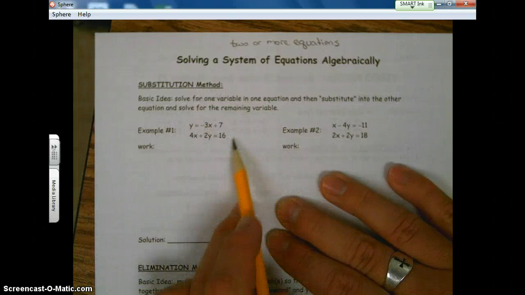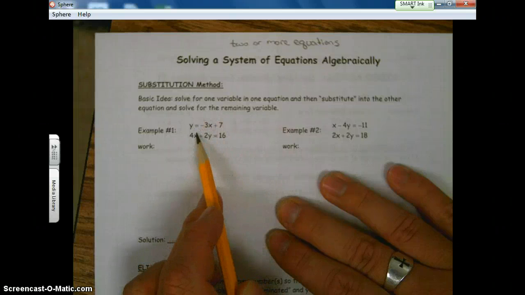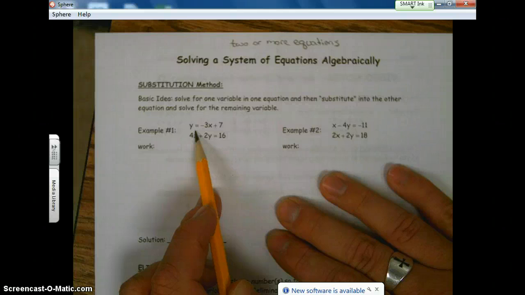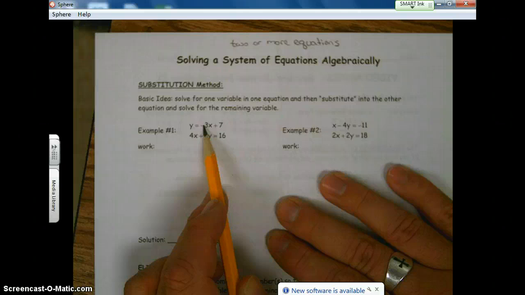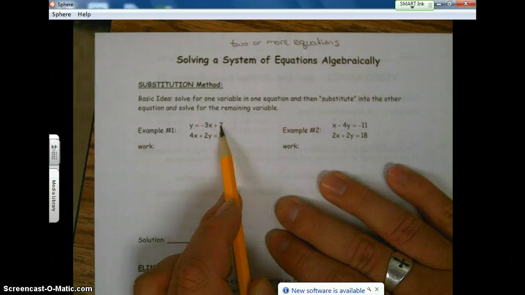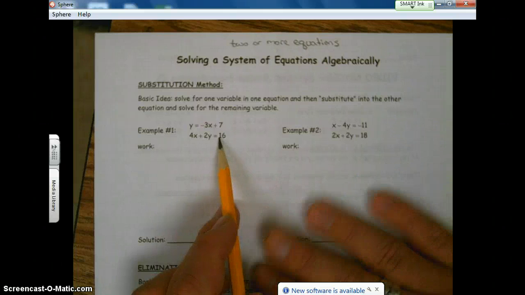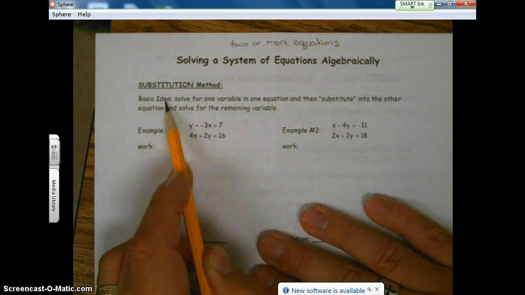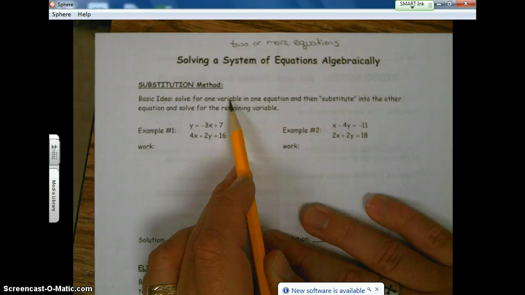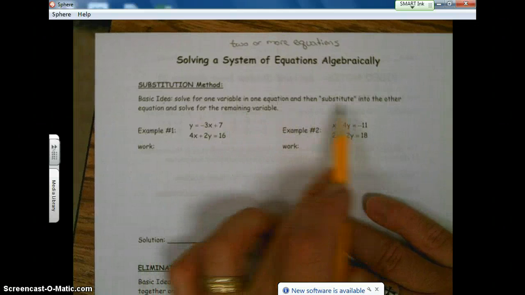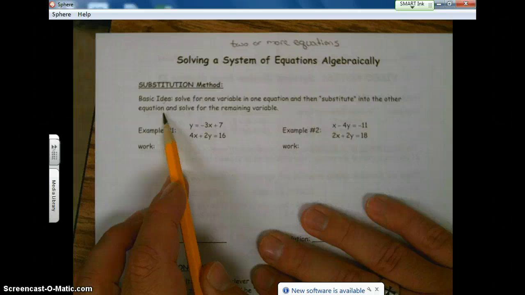And we're going to look at two linear equations. Remember, linear, y equals mx plus b. Okay, the first equation is in slope-intercept form. Here's your slope. Here's your y-intercept. And the second equation is in standard form. Okay, basic idea. Solve for one variable in one equation and then substitute into the other equation and solve for